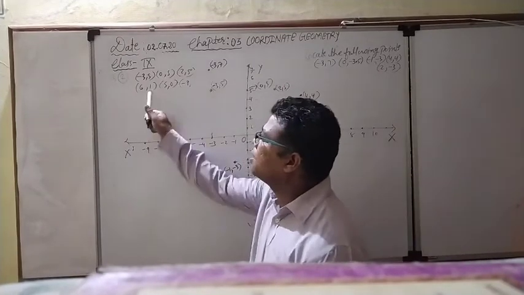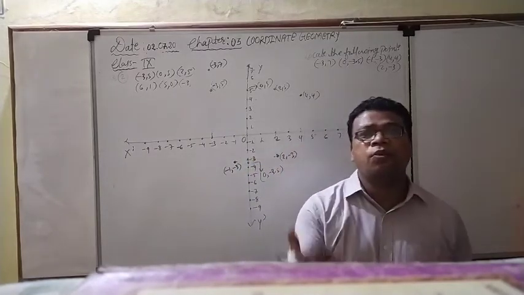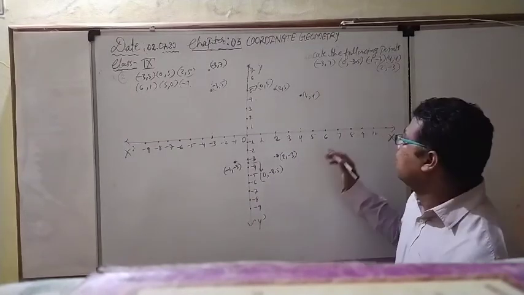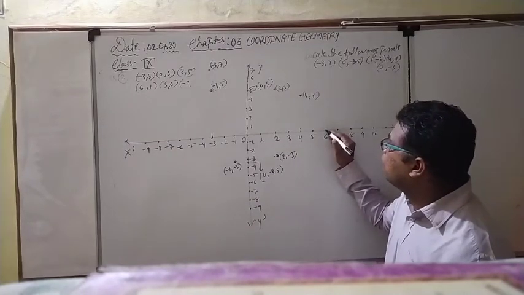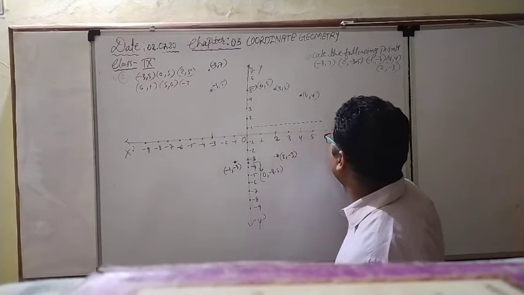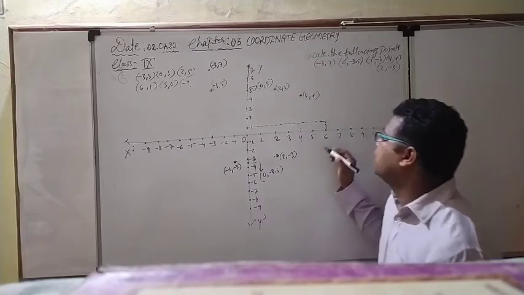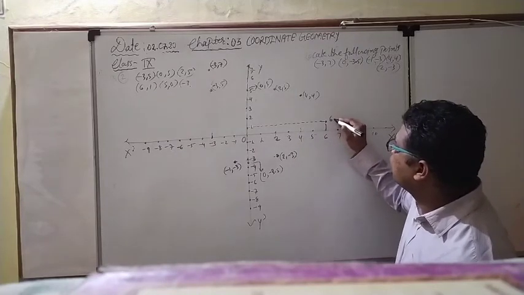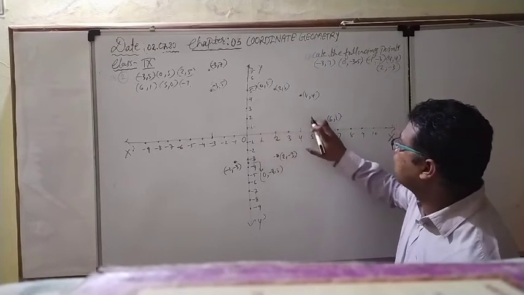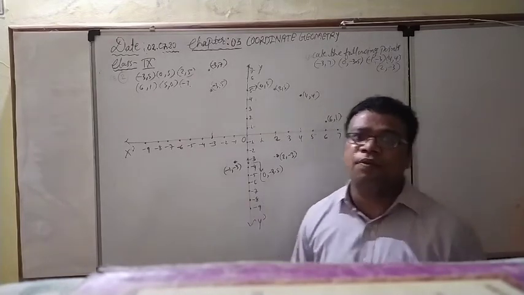Now what is the next point? Again 6, 1. Again both are positive, x coordinate also, y coordinate also. Definitely it is going to be present in the first quadrant. 6 and 1. 6 is the x coordinate, so search the 6. This is the 6. What is the 1? This is the 1 for y coordinate. So see here, this is the dotted line for the 1 y coordinate. This is the dotted line for the x coordinate, that is 6. This is going to be the location of 6 and 1. After that rub all the dotted lines nicely. This point will represent the 6 and 1. It is present in the first quadrant.